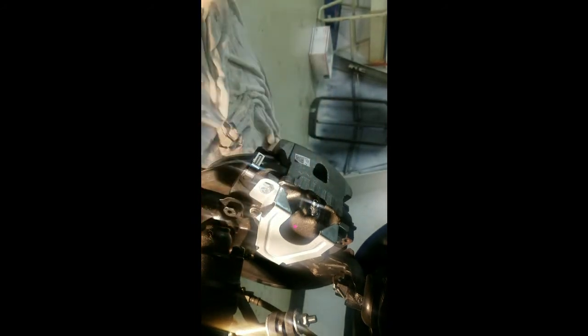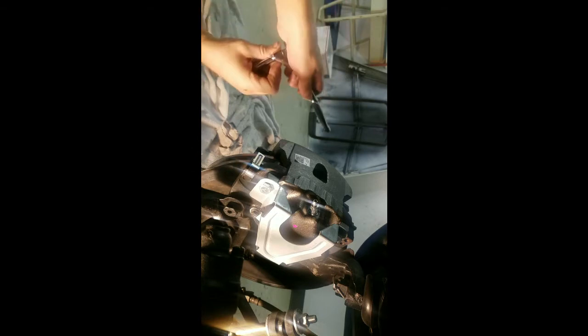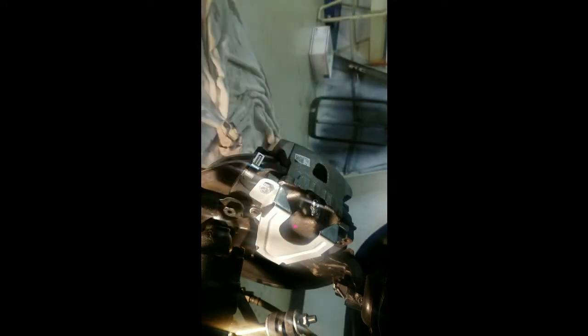And one of those was off the brake pad when I took this apart, so that's kind of that idea. I don't think you're going to be able to see the top one, so I'm going to go ahead and put it on. But there is a top one of these also that you've got to get on there straight. And